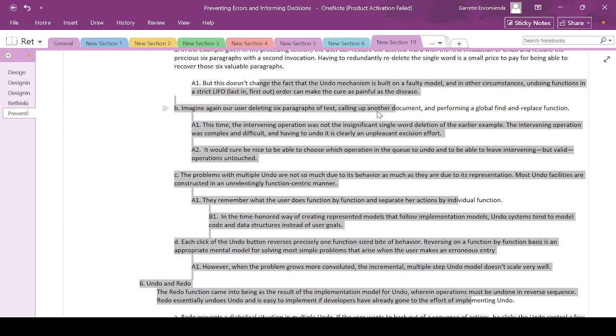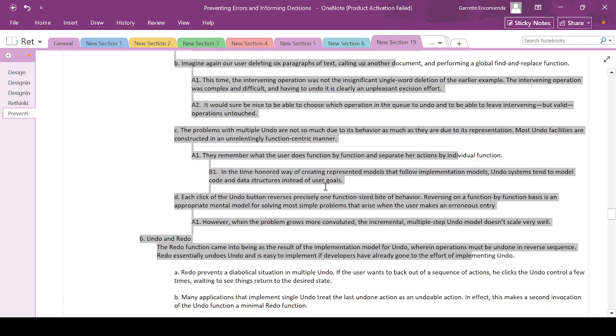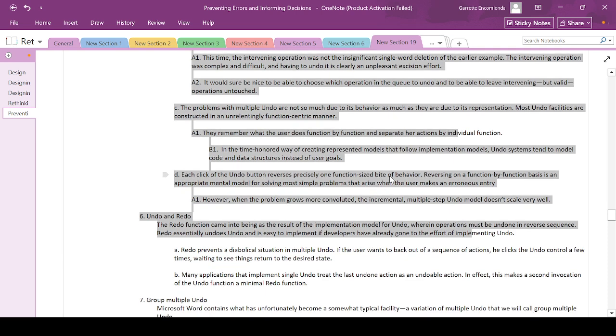The problems with multiple undo are not so much due to its behavior as they are due to its representation. Most undo facilities are constructed in an unrelentingly function-centric manner. They remember what the user does function by function and separate her actions by individual function. That's its greatest strength for the developer, but that's also its greatest weakness. In the time-honored way of creating represented models,